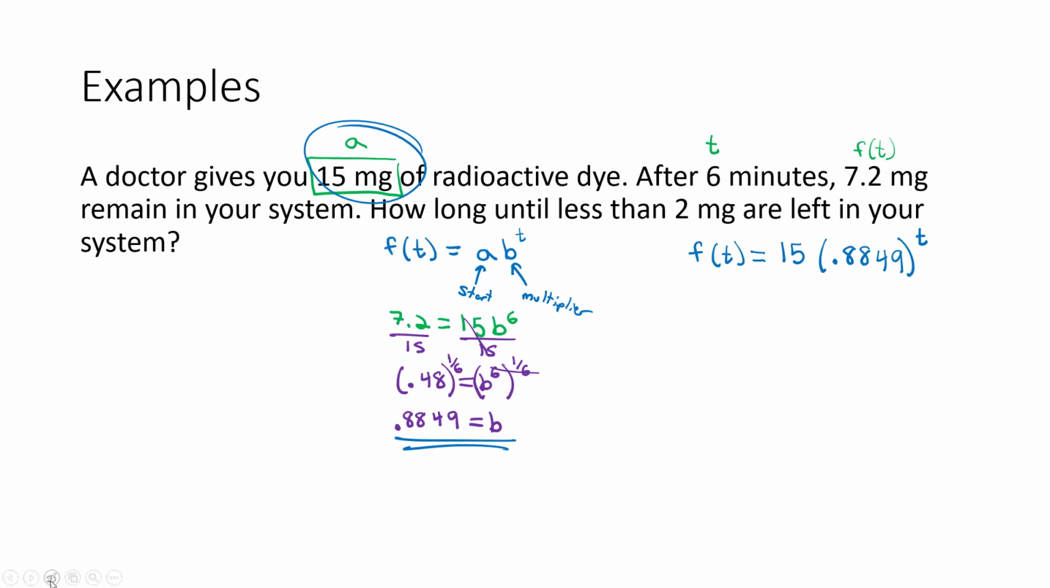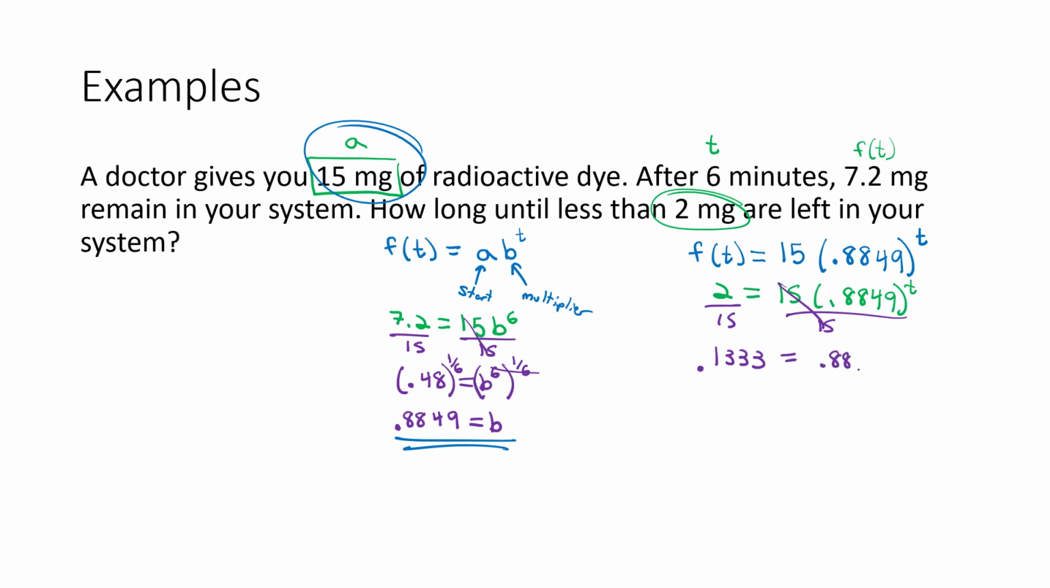Now we have a function we can solve for our variable. The question we're answering is how long until we have 2 milligrams left in your system. That 2 milligrams is the final amount, so we're solving 2 equals 15 times 0.8849 to the t power. We know when we're solving exponentials, we need to get the exponent part alone by itself, so we're going to divide both sides by the 15. And 2 over 15 is going to be an ugly decimal. 2/15 is 0.1333, rounding to 4 decimal points,